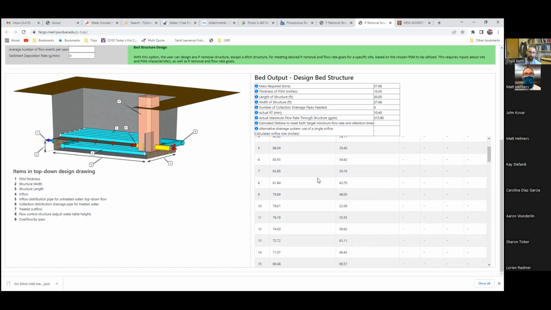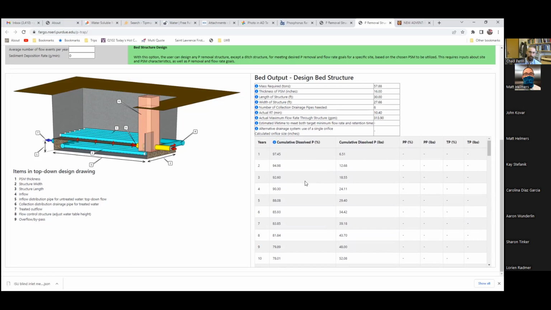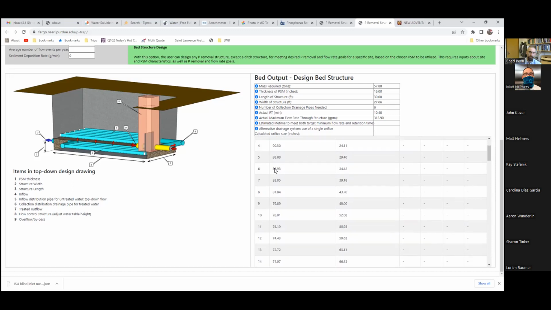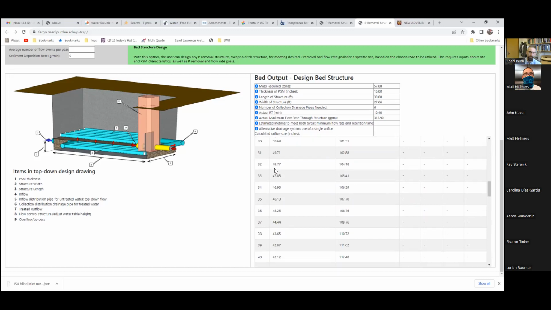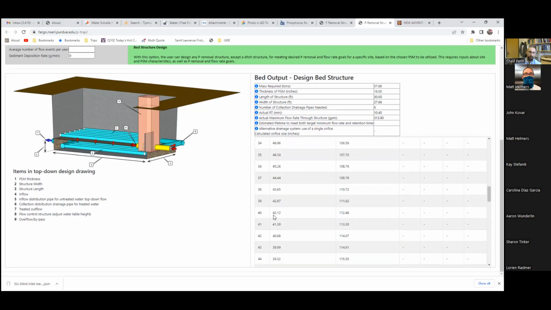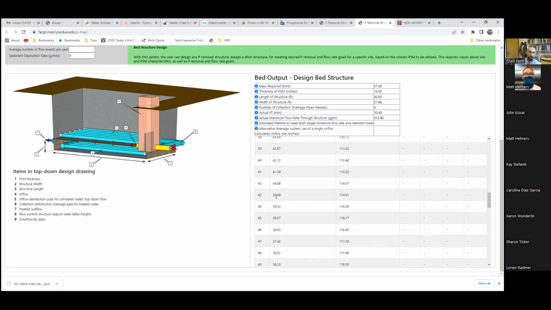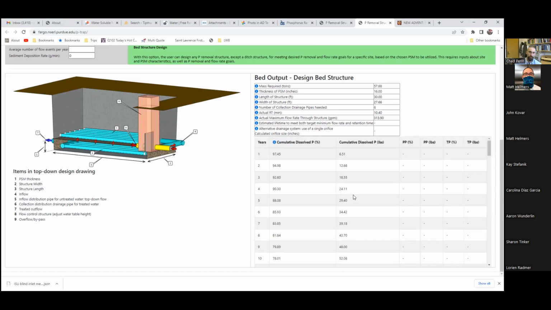And here's the P removal that you would expect. So you can see we met our goal, 43 years, 40%. There we are, 43 years, 39.99%. At that point, you will remove almost 115 pounds of phosphorus. And so obviously you start out removing more in the beginning, nearly 97% in the first year, and that decreases